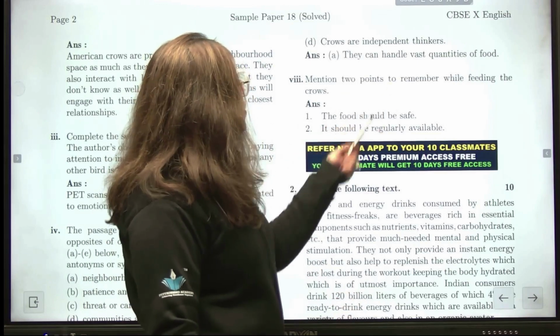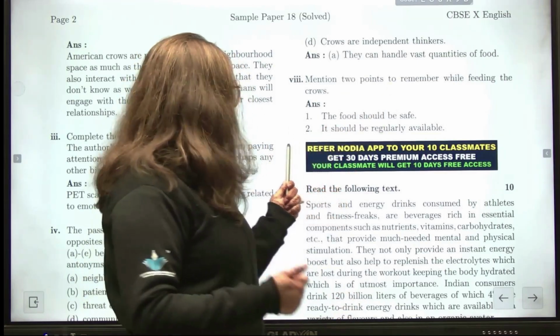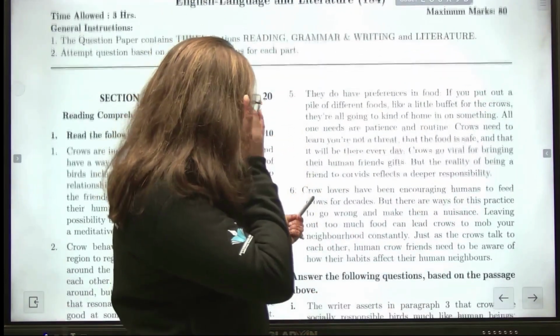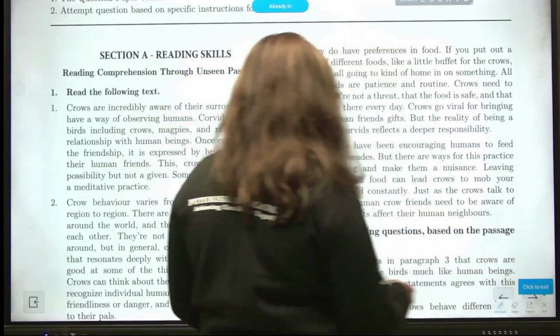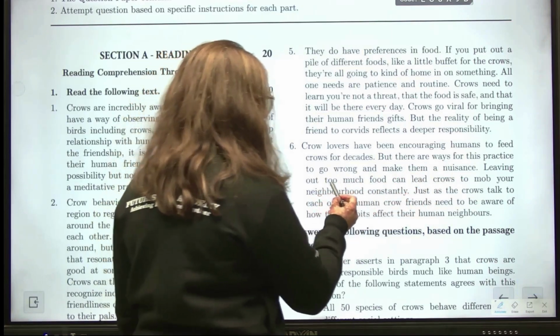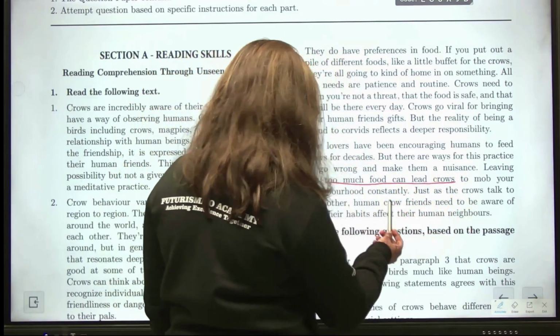Mention 2 points to remember while feeding the crows. The food should be safe. ये अभी हमने पढ़ा, and it should be regularly available. Clear? So yes, here it is. I'll underline it. There are many ways for this practice to go wrong and make them nuisance. Leaving out too much food can lead crow to mob neighborhood just as the crow talk to each other, and